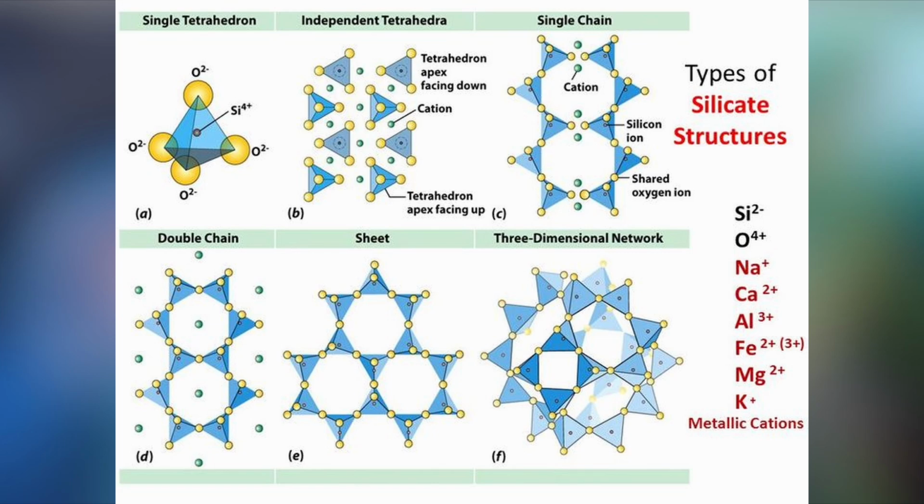Micas, which I've already mentioned, form sheets. So instead of just sharing oxygens between silicas in 1 dimension along a line, they share it in 2 dimensions. So they form planes. Those have a single plane of cleavage, basically along the plane between the sheets, where the bonding is weakest. These still need to have cations to offset the negative charge, but they don't need as many again, because the oxygen ions are being shared by more silicons, thereby reducing the total amount of negative charge that has to be offset.